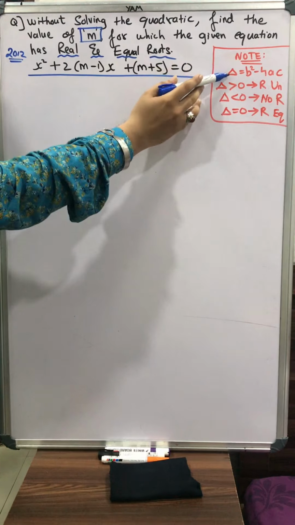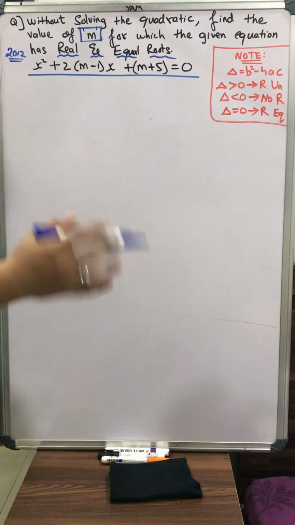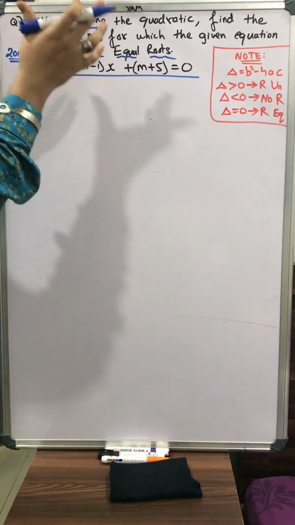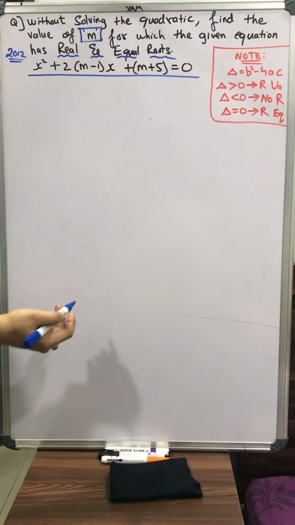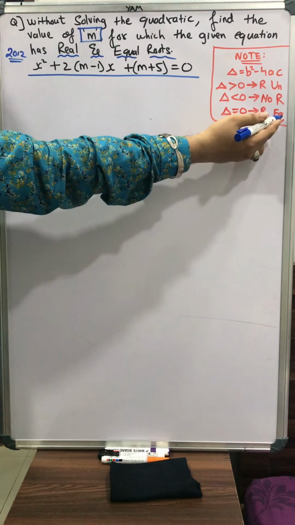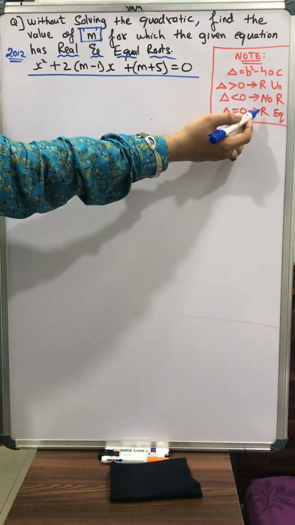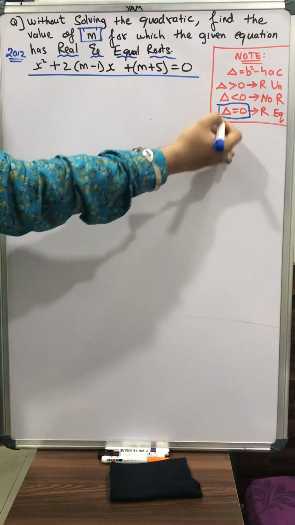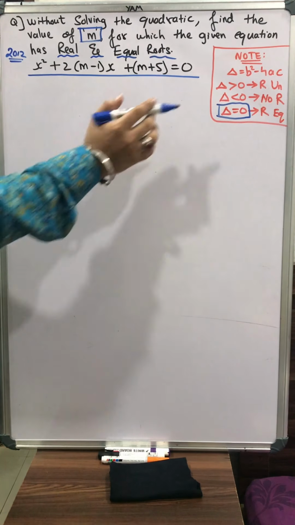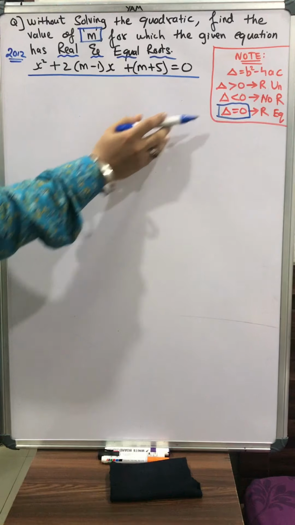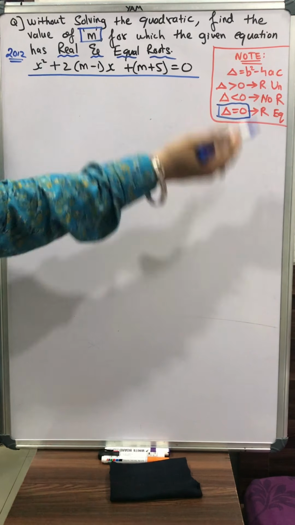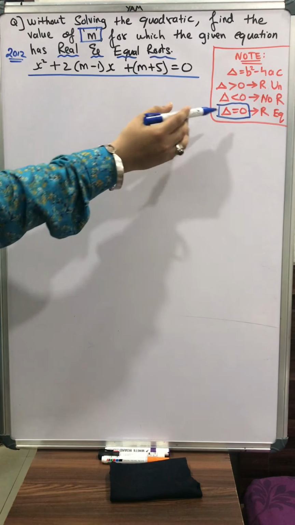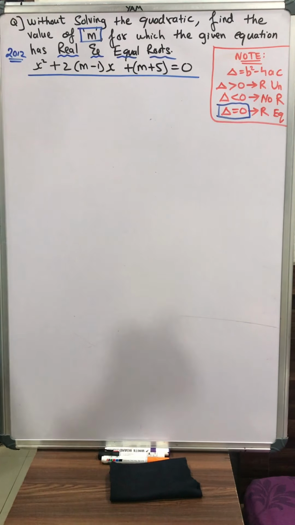Now they are not telling us to find the value of the discriminant and comment about the nature of roots. No. Now they are telling us that the nature of the given quadratic is real and equal roots. So when do the roots become real and equal? Only when the value of discriminant becomes equal to 0. So we will use this condition. It will act like additional information given to us, that the value of delta is 0, as we proceed further in the question.